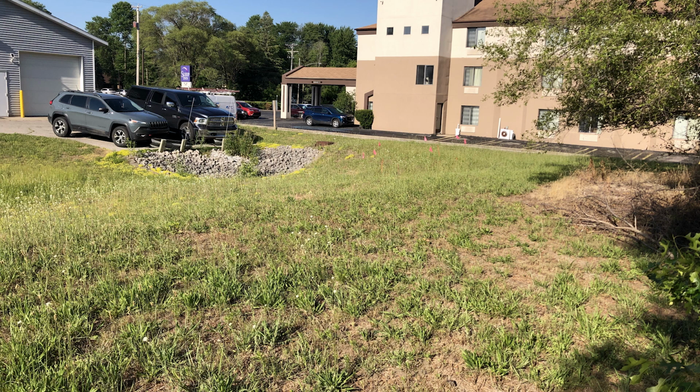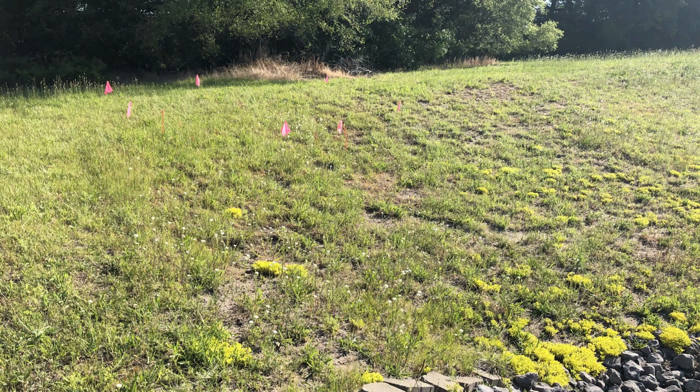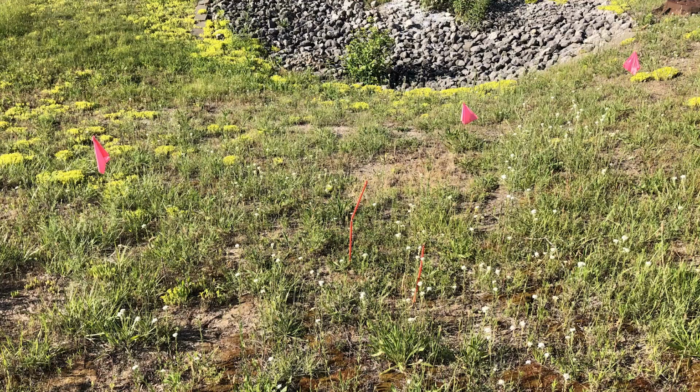The second step is to select proper species for your site. I'm a huge proponent of using native Michigan plants in your landscape. They're well adapted to our soil and climate, and they've evolved with our native fauna, our insects and other wildlife species. So that's my first choice, and given the sunny, dry, sandy soils, I decided to